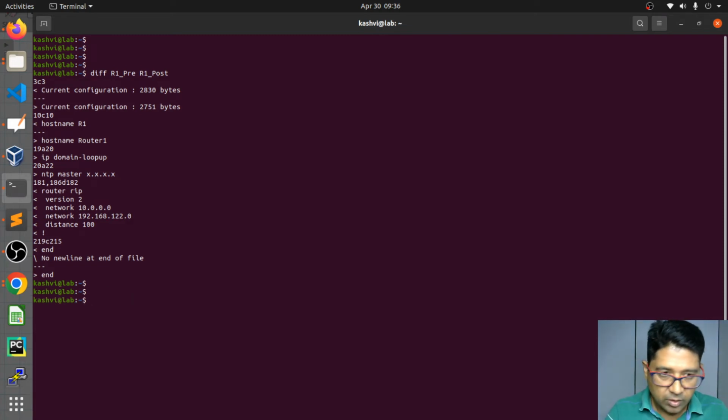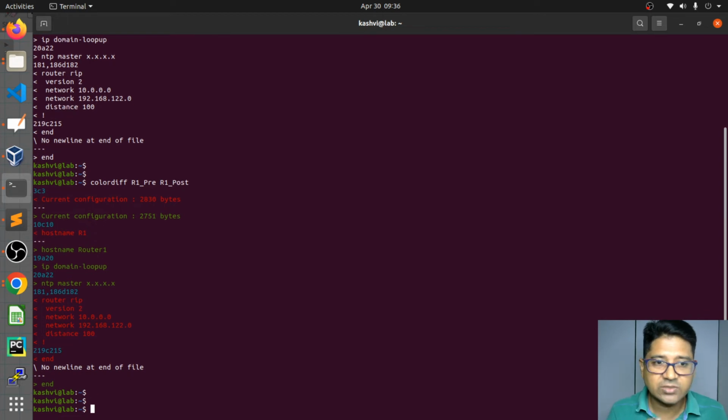Now diff. Now it's showing. See, system sometimes hangs, man. You have to reboot your system. So I did not reboot, but now it's working. So you can see all the greater than, it's in green, and then less than, which is removed, in red, and those who are similar replace, that's showing in. The green symbol, this is replaced with the same, but you see that the side by side comparison